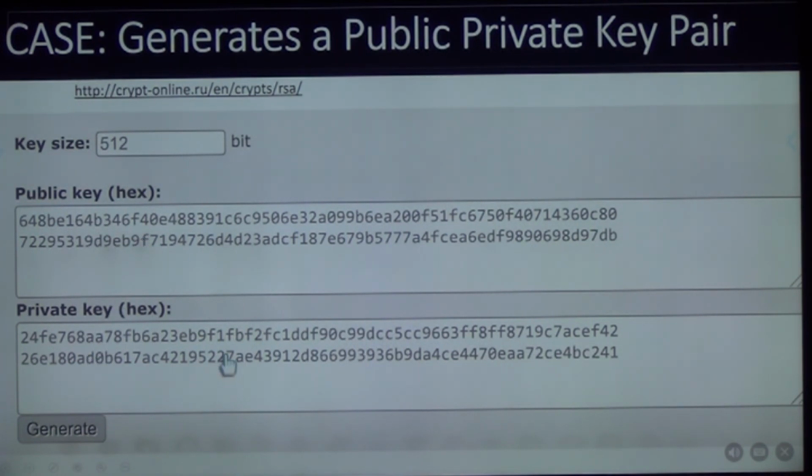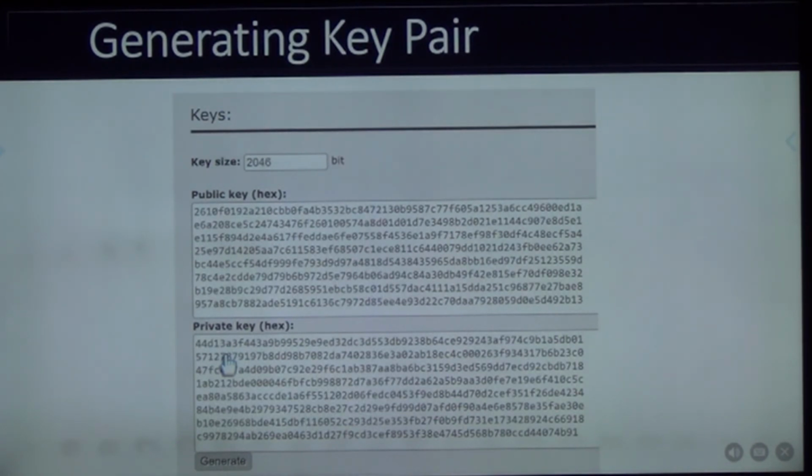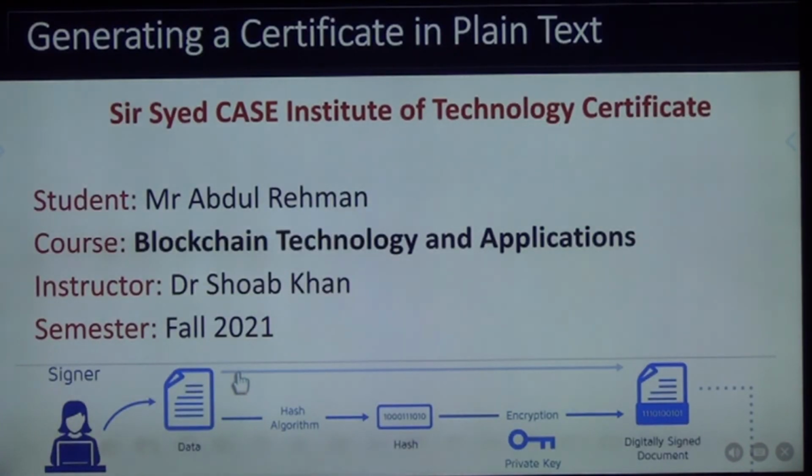Public key you share, private key you must not show to anybody. सही है? उसके बाद ये हमने ये डिजिटल सर्टिफिकेट बनाने के लिए इस वेबसाइट से मैंने 2046 लेंथ का एक पब्लिक और प्राइवेट की जनरेट कर लिया और पब्लिक की मैंने शेयर कर दिया उस